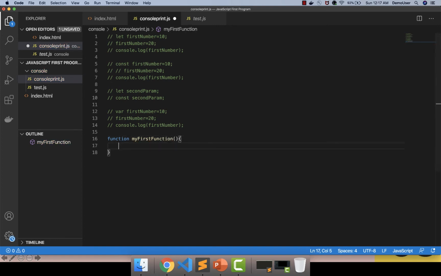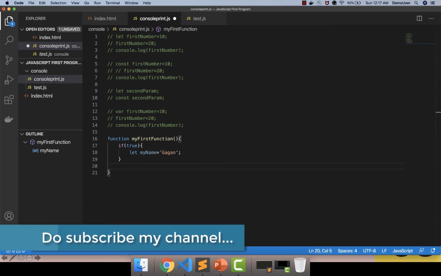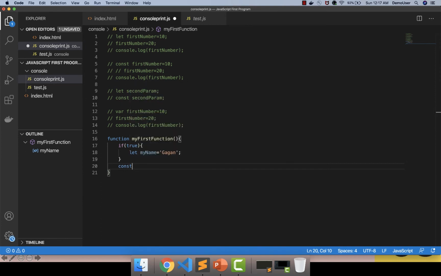I will write an if condition over here and I will say, let's say, true, and I will assign a value. So I will say let my name, I will say Gagan, and after this particular if condition, I will just try to print this.